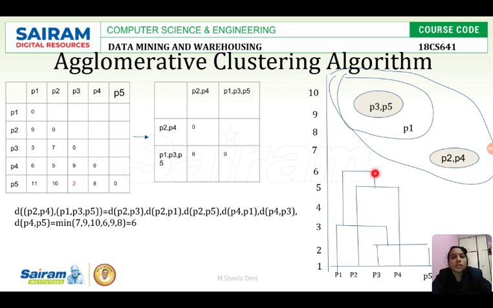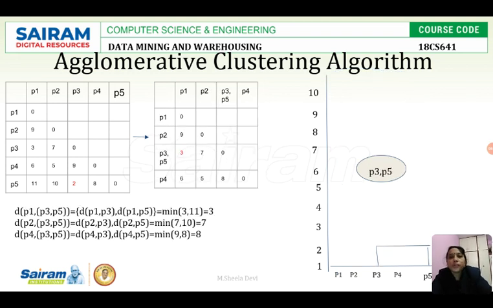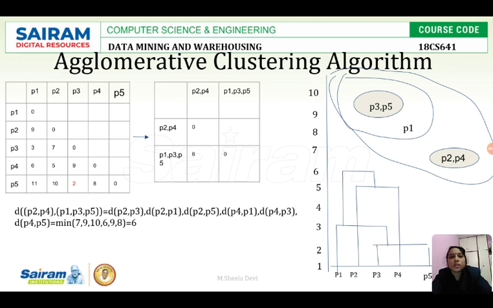And since this is again nested in the new cluster, yes, since P2, P4 and P1, P3, P5 are merged into a new cluster, see here I am drawing this line because all are merged into a new cluster. These two clusters, P2, P4 and P1, P3, P5, are merged with the distance 6. I am drawing this diagram and I am now left with the single cluster in which all the other clusters are nested. So this is my stopping criteria, as we said in the algorithm.